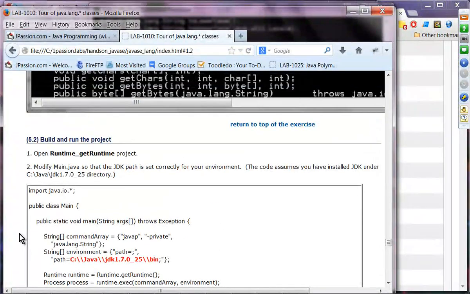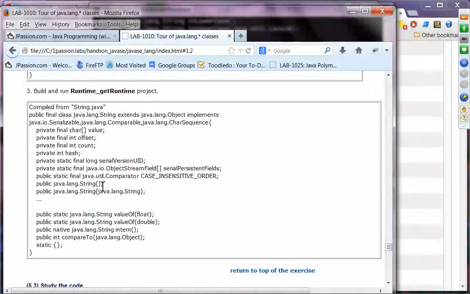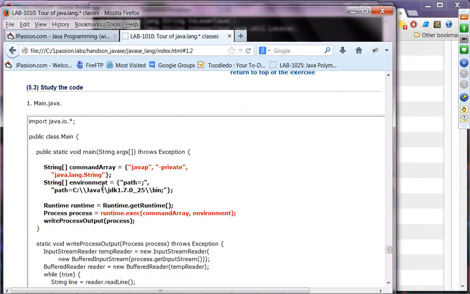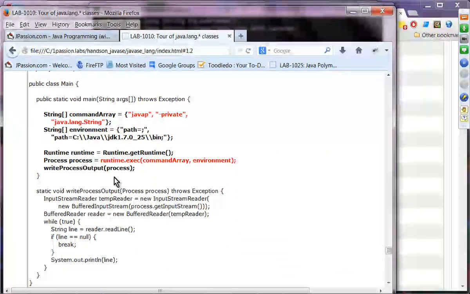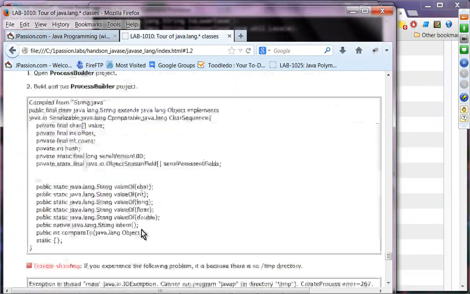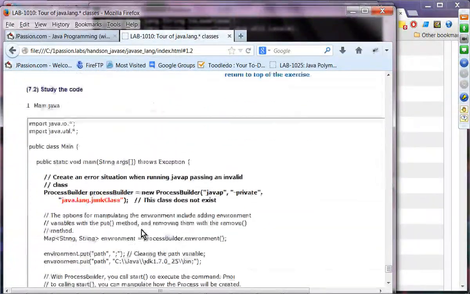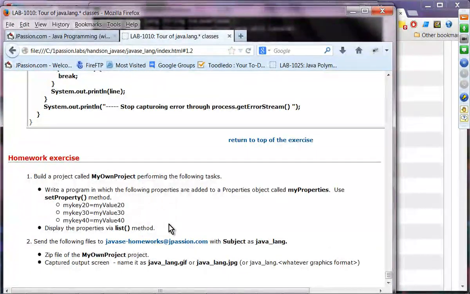And get runtime. Basically, I'm executing javap by providing this environment, so nothing much. And this is a ProcessBuilder, so I'm going to just skip this one. This is probably not that important. All right, so that's about it. And let me actually